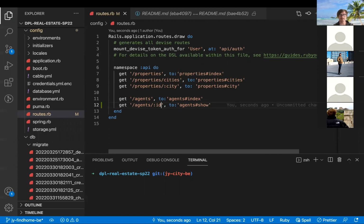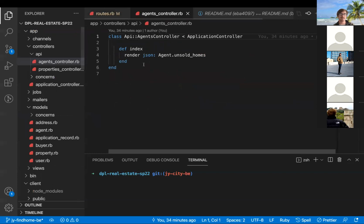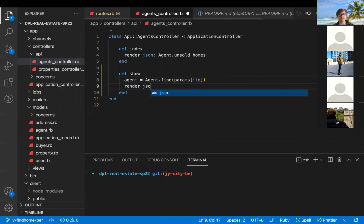Or, you know, maybe I can say agent ID buyers. But we can just keep it like this. Okay, so let's go to the agents controller and define this show method. My agent is going to equal Agent.find. We're going to find that with the param, with the ID that was given to us in the URL. And then we can just render JSON